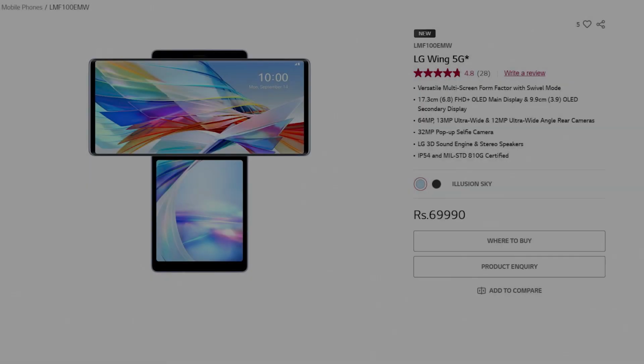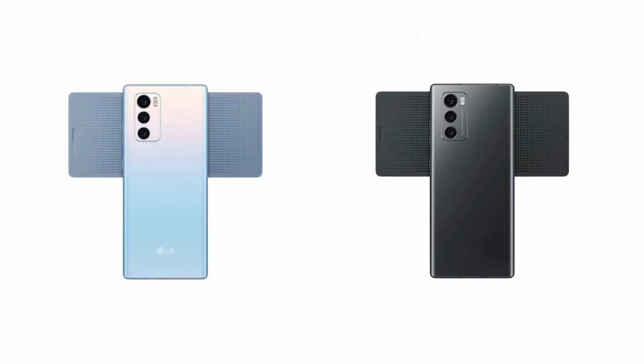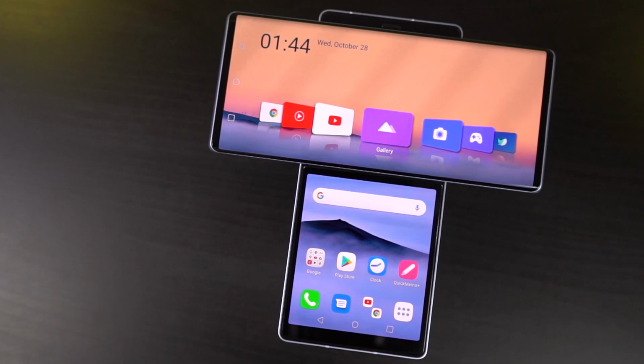Wing. In India, this phone is available only in one variant and it's priced at 70,000 rupees and comes with 8GB of RAM and 128GB of storage. It's available in two colors, Illusion Sky and Aurora Grey, and we have the Illusion Sky color with us right now. This is a brand new phone from LG which brings in a lot of different stuff like a multi-screen